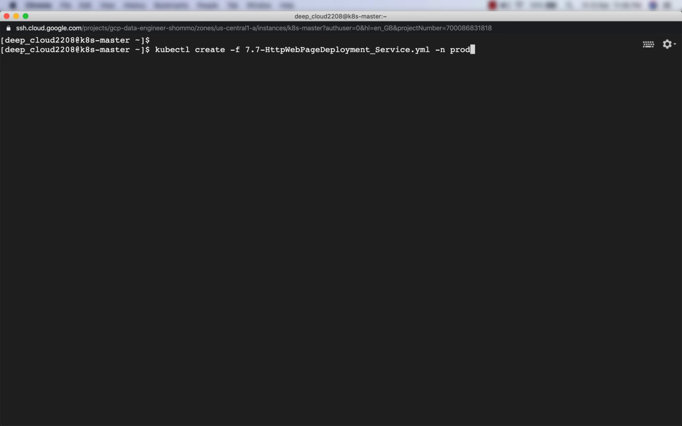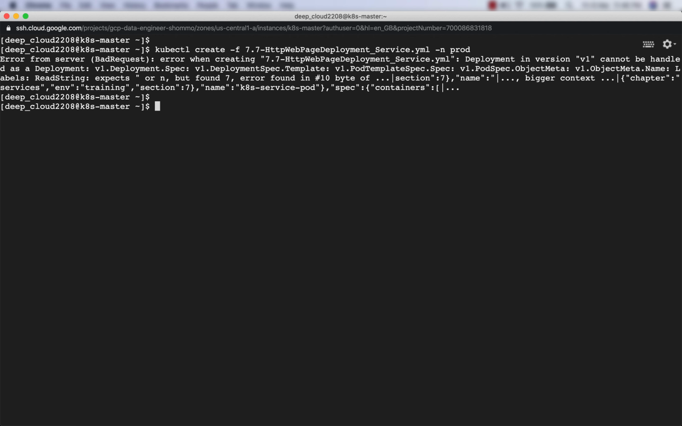This is the command to create the deployment, which you already know, but notice the namespace. I have mentioned -n and then prod. Press enter and it is giving some error. So let us troubleshoot. It is saying that error when creating this YAML, of course. Deployment in version v1 cannot be handled as a deployment